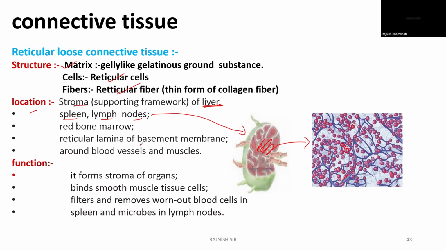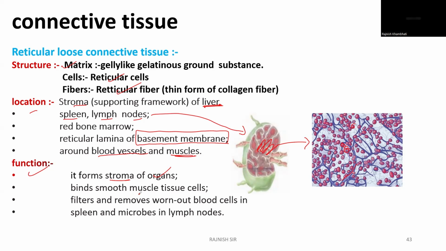Then the reticular lamina of the basement membrane. Remember the basement membrane of epithelial tissue? Over there also it is present. And around the blood vessels and muscles also, reticular loose connective tissue is present. What is the function of this reticular connective tissue? It forms the stroma of the organs, meaning internal structure, supportive framework,